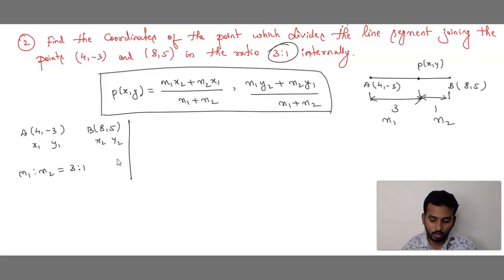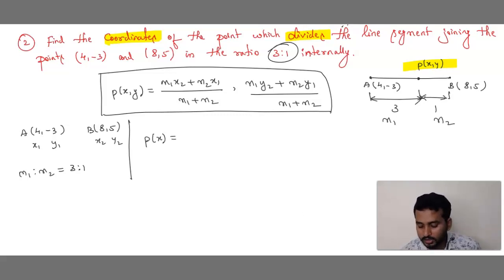So this is data. Now what should we find? We have to find the coordinates of the point which is dividing A and B. That is P of x comma y. This P is dividing AB in the ratio 3:1. Any doubts? Good. Now if you want, you can do separate calculation. Look, solve x separately, solve y separately. If not, solve x and y both simultaneously. Got it?